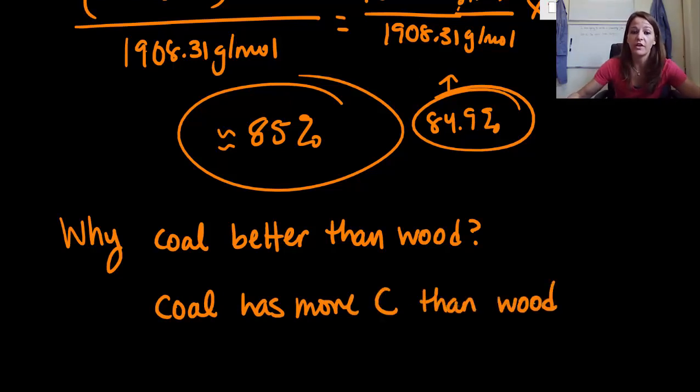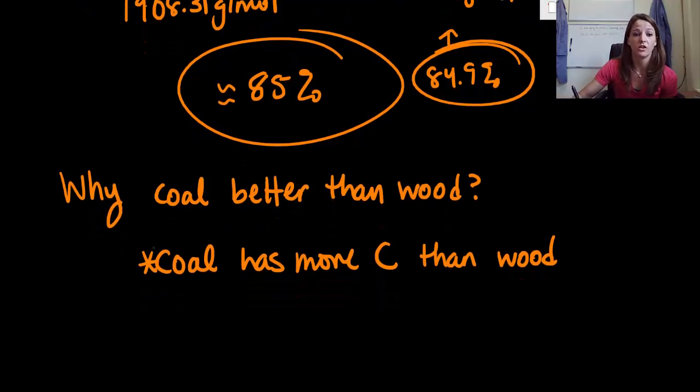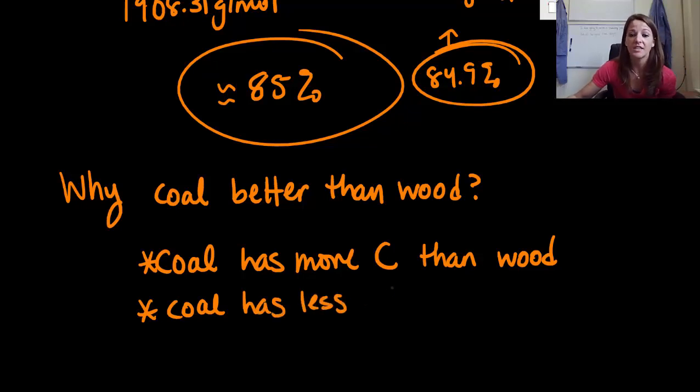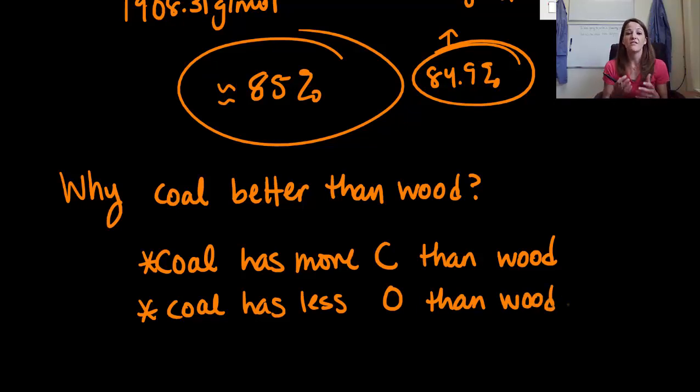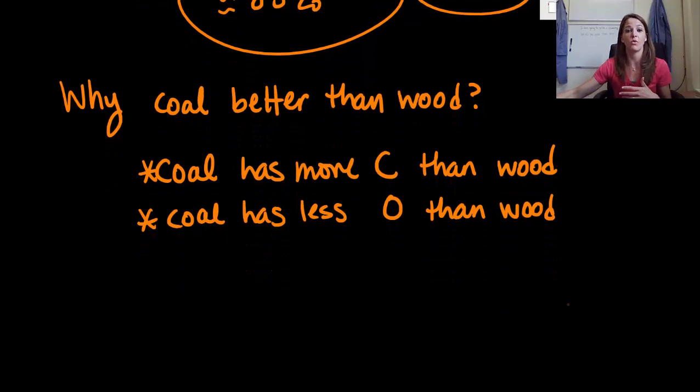And so essentially what we figured out is that when you burn some substance, the more carbon it has, the more energy that is going to be evolved. But there's another little piece to that. Coal has less oxygen than wood. So we also found out that when you have a lot of oxygen inside of your component, whatever it is that you're burning, you end up creating less energy, or less heat is evolved. So there's two factors here. Coal has more carbon than wood, and it has less oxygen than wood. So those two factors help generate significantly more heat upon combustion.